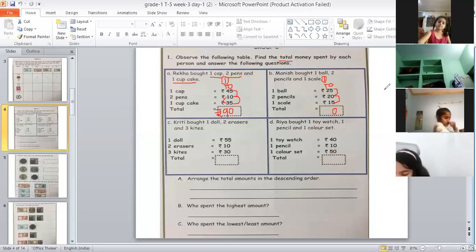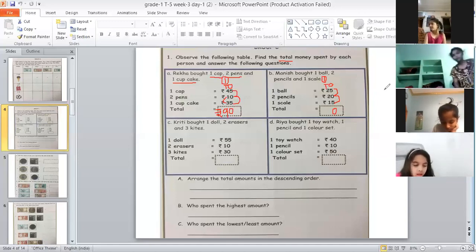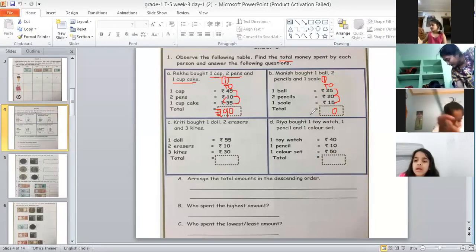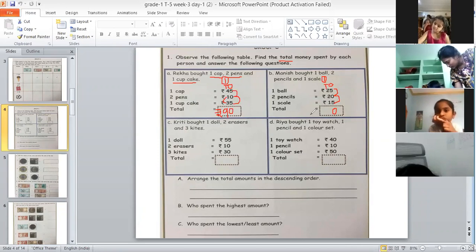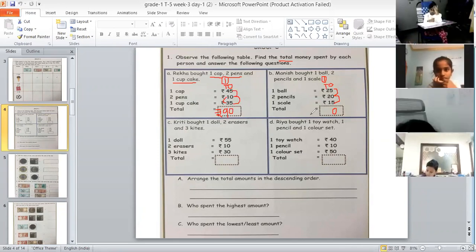Thank you. Rohit Chaudhary, are you there? Yes, ma'am. Now tell me, what are the numbers in tens place? 2, 2, 1. Yes. So the numbers in tens place are 2, 2, 1, and there is one more 1 as carryover in tens place. So tell me, Rohit, 2 plus 2, how much?